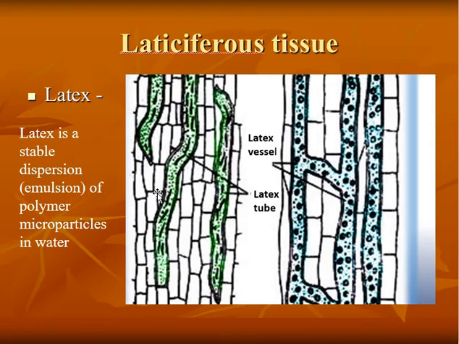And the last internal tissue which we need to study is called laticiferous tissue. What is laticiferous tissue? Many plants have the ability to produce latex. One we know best is rubber. If you cut a rubber tree on one side, you will get a coconut shell cup full of milk. From where is this milk coming?